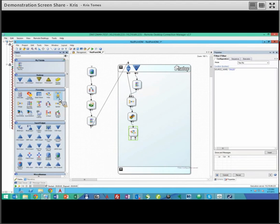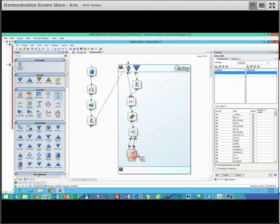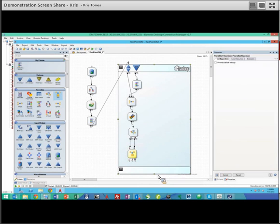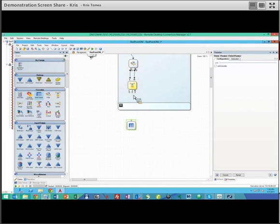At this point, I can then join the data between the two sources, and I can leverage the key that we built off of this. So I'm going to use the person level key that we assigned as part of the matching. And ultimately what we have as a result of that coming out of the join are those records that overlap between the two sources. So let's then take those results. I can send those results to a couple places. First of all, I can actually take that data and send it outside of the